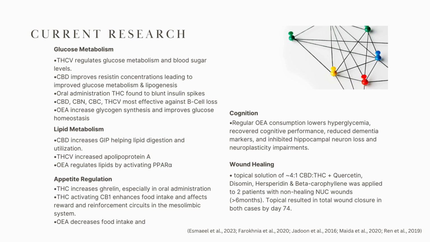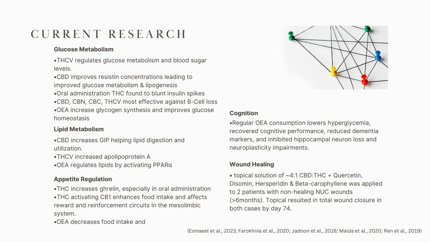Lastly, the cannabinoids are not just found to help this demographic internally, but topically as well. There was a case study with 2 patients where a combination of cannabinoids, flavonoids, and terpenes were used on non-healing ulcers. These ulcers were present for over 6 months, and they were using the conventional topicals, and they had no effect on the ulcers. They were not healing. So in these 2 case studies, by day 74 of this topical cannabis solution, they were able to heal the wounds completely. So in a little bit over 3 months, they were completely healed,